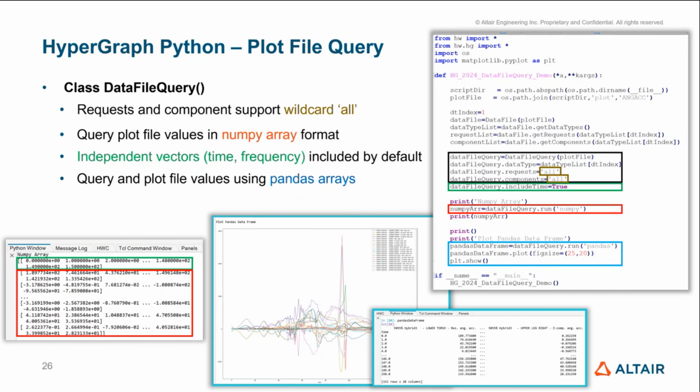If I want, I can use exactly the same query command with pandas. I get a pandas data frame, and then I can plot the pandas data frame one-to-one, and all the header information, etc., is automatically included. And there is one disclaimer. For now, we support this only with consistent number of points and sampling rate. So to support different, we would need to have linear interpolation and resampling, etc. Maybe we do this in a later version, but for now, you can quickly get everything from the plot file in NumPy or Pandas and use it as